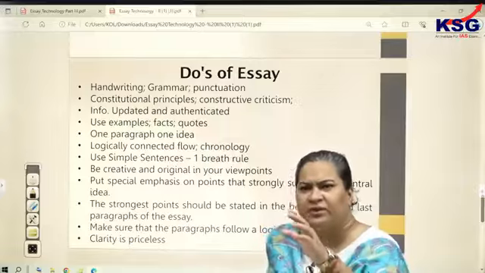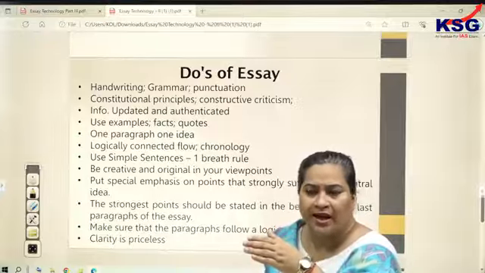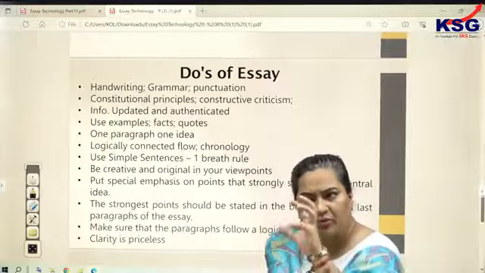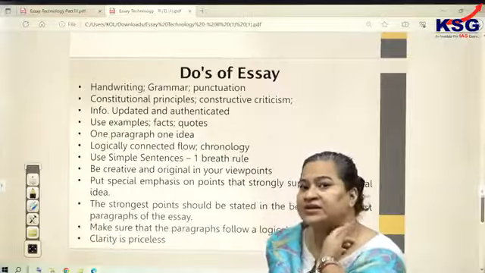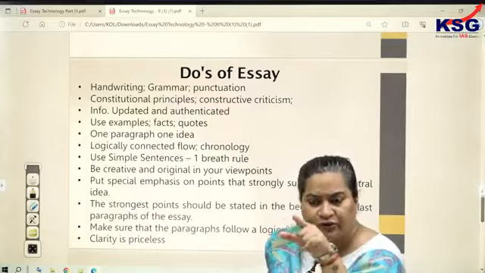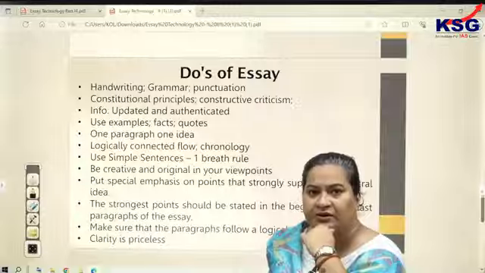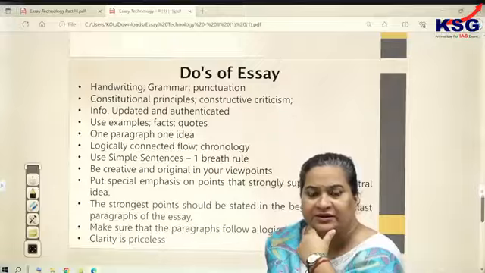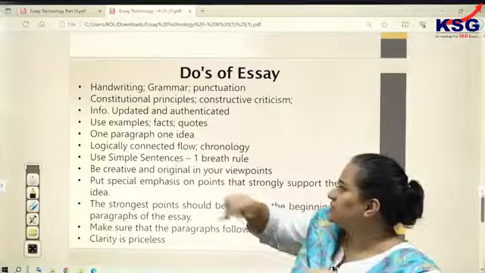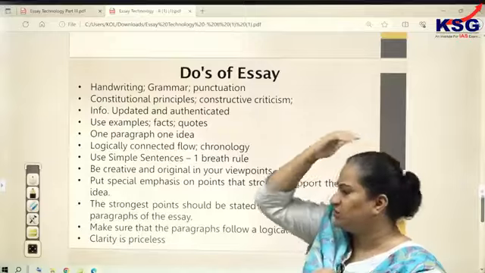And the one breath rule means you are able to read the sentence in one go. And when you are able to read the sentence in one go, you are able to understand what the sentence implies. And when you are unable to finish the sentence in one go, this problem can arise. Fine. So moving further ahead, you can just see this given subsegment and reflect upon the same.